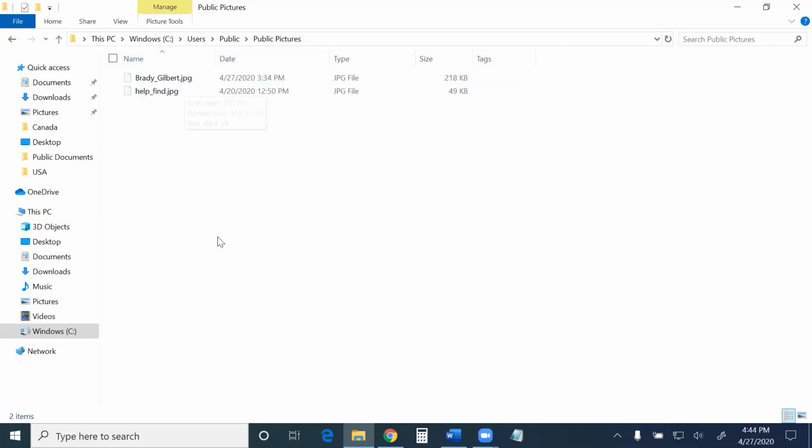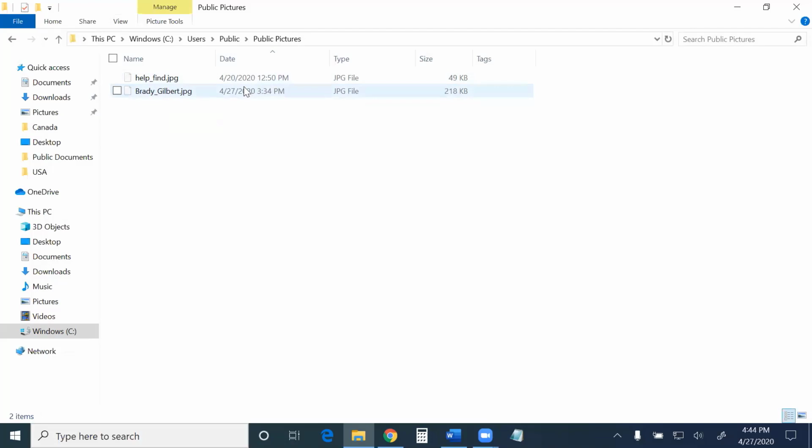Let's say that this were a folder that had 100 files in it, and I'm trying to find the thing I just created. I could click on the date header up here, and right now it's sorting the newest things. The newest files are showing up at the top. The oldest files are at the bottom. But if I click date again, it's just going to resort it. So now the oldest files are at the top, the newest files are at the bottom.